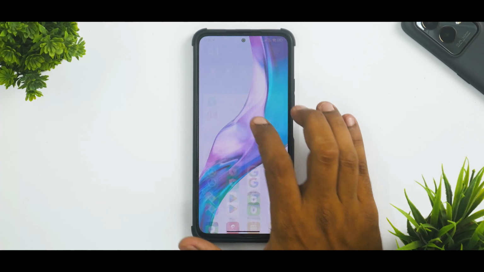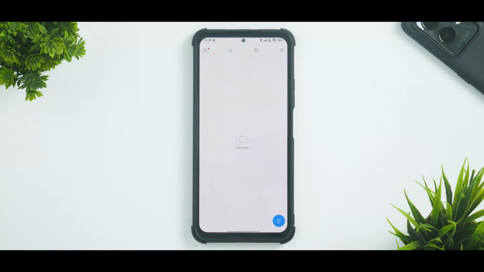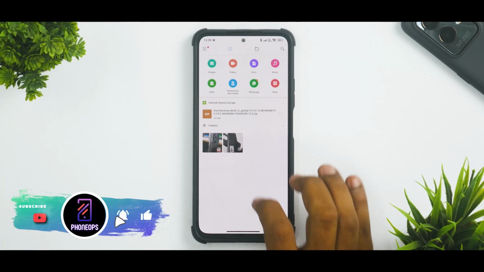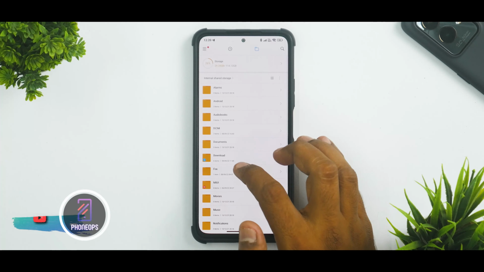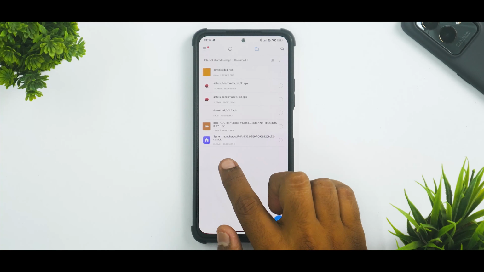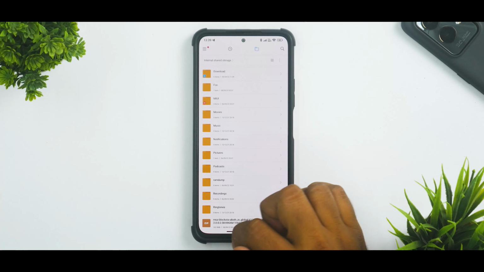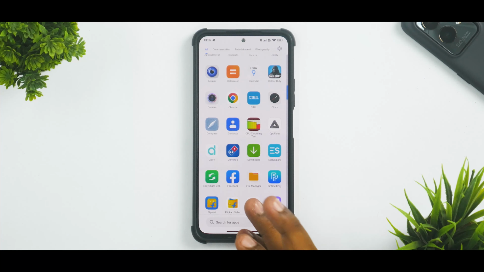Now, let me first give you a gist of what exactly we are talking about over here. There are 4 APKs or applications in question that we're going to talk about. First, let's go to the downloads folder. And as you can see, this is the system launcher alpha APK. That is one. Apart from that, you do have the system UI plugin, you do have the security APK and